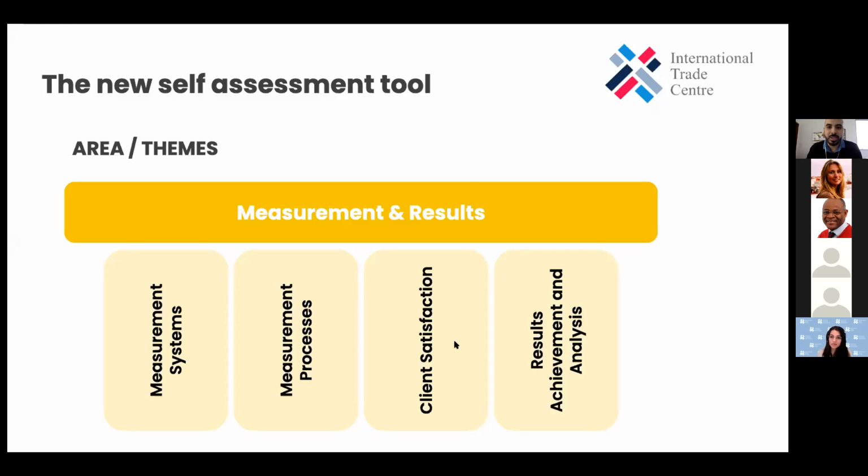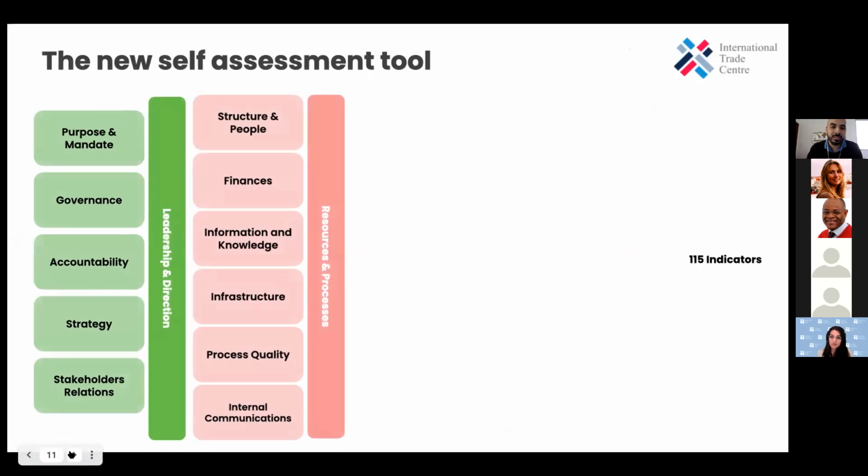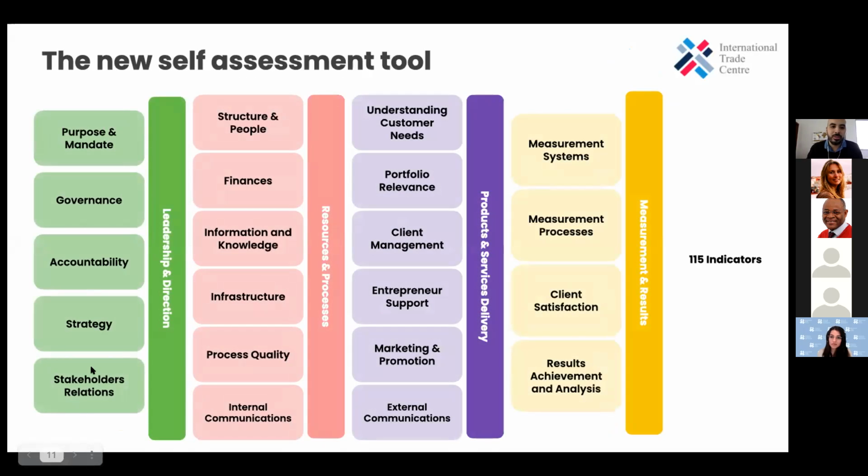And this next slide will represent the complexity and how comprehensive this assessment tool is, because we have the 4 areas, a lot of themes, within those themes, a lot of measures, and within those measures, we have 115 indicators. So as Nuria was quite rightly pointing out, we gather a lot of indicators so we can have a broader and bigger perspective on our performance as hubs. You want to comment on that, Nuria?